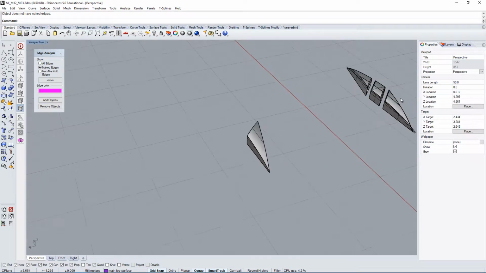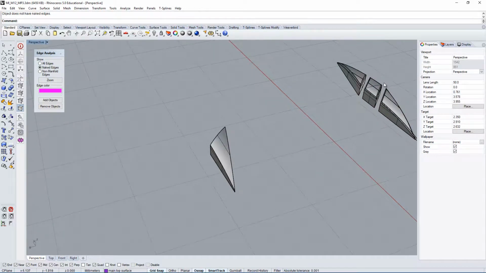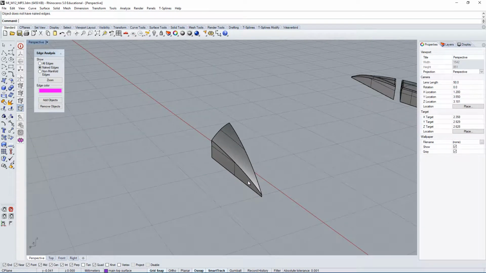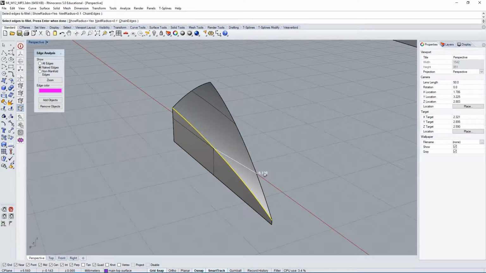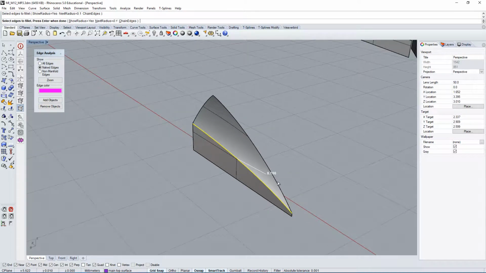So if we wanted to create smooth transitional surfaces or fillets here, we could do it manually, or a better way to do it would be using the default fillet edge. If you use a default fillet edge here with something like 0.1 millimeter, I'm not sure exactly what it would look like. Yeah, so it's below the tolerances, right?